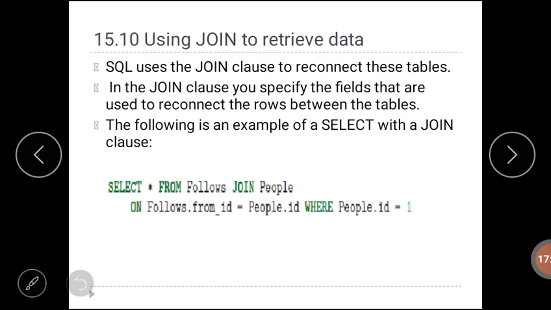SQL uses the join clause to reconnect these tables. In the join clause, you specify the fields that are used to reconnect the rows between the tables.